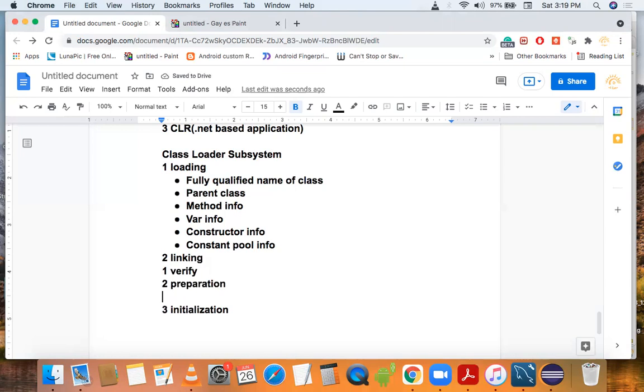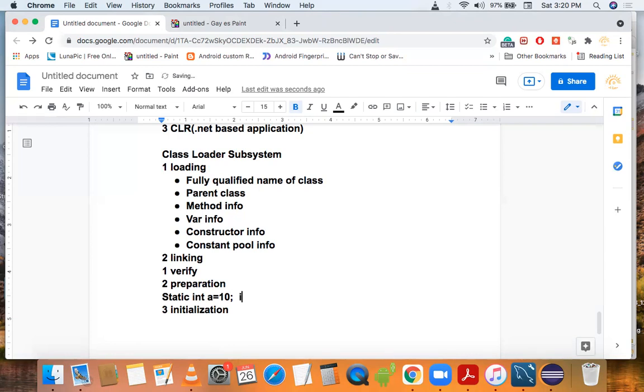In this phase, JVM will allocate memory for class level static variables and assign default values. Suppose we have a static variable, static int a = 10. In the preparation phase, the static variable will be assigned a default value.